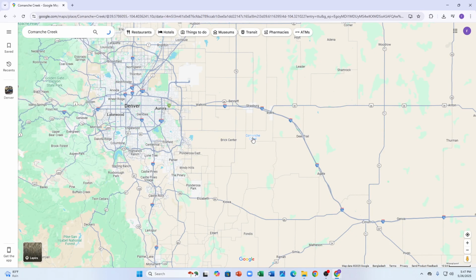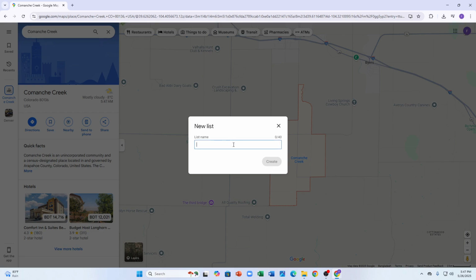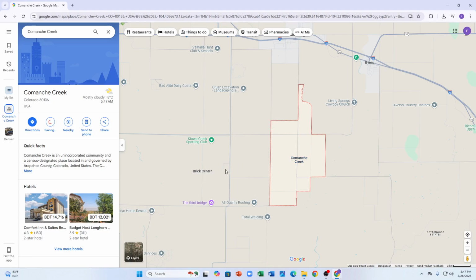So you click on the location, and after clicking on the location you can see here the save menu. So you just click on the save menu and create a new list here, and you can name the list as my list and create. And you can save